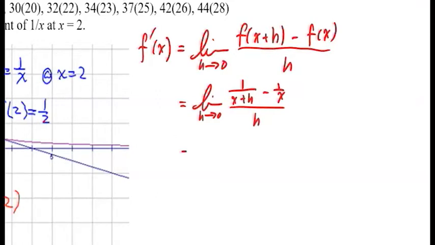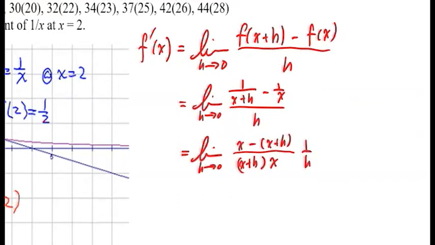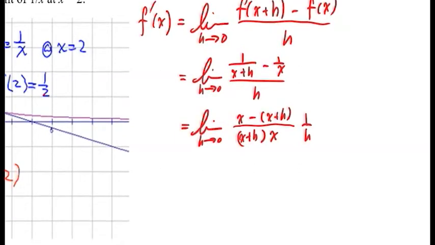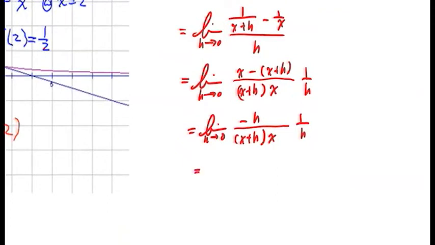Then that is equal to, what is the tactic whenever you see a fraction? You find the common denominator. And then x minus x plus h, like this. And then this dividing by h, we can just multiply by the reciprocal. Now, h approaching 0, and x is canceled, so you have this h. By the way, don't be distributing the denominator. And h cancels, so the limit of h approaching 0 of -1 over,